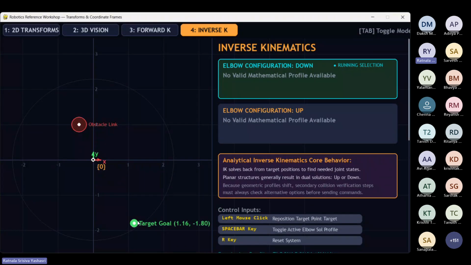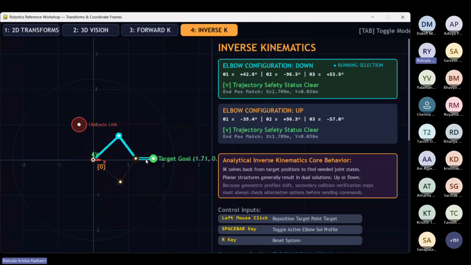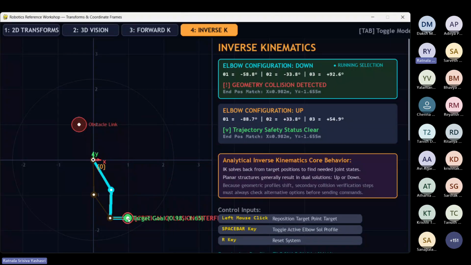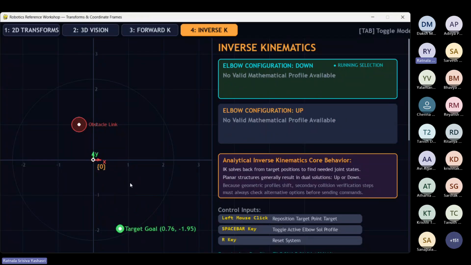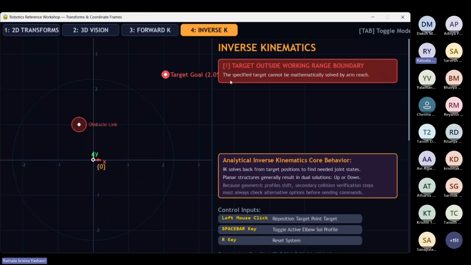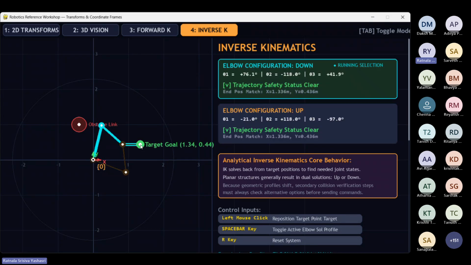Now if I go further away, I don't have a solution anymore because this is out of the workspace, so the math doesn't really give a solution. Now this circle is for the workspace when you could independently move your link 3 also, but since I've constrained link 3 to only be along the x-axis, the workspace is reduced. So say at this point you don't get a solution. And if you go further away from the final workspace, you get a warning: target outside the working range boundary. So this just uses simple math to solve it. But there are other methods for when it gets even more complicated. But before we do that, let's look at